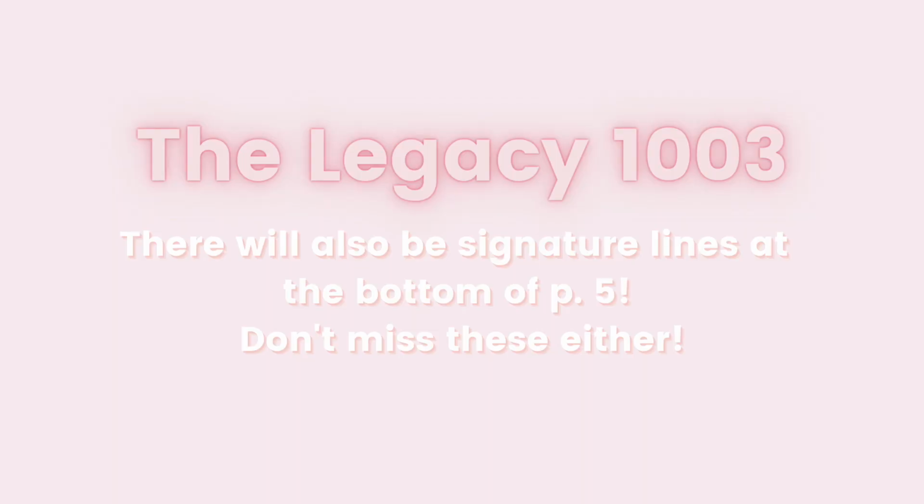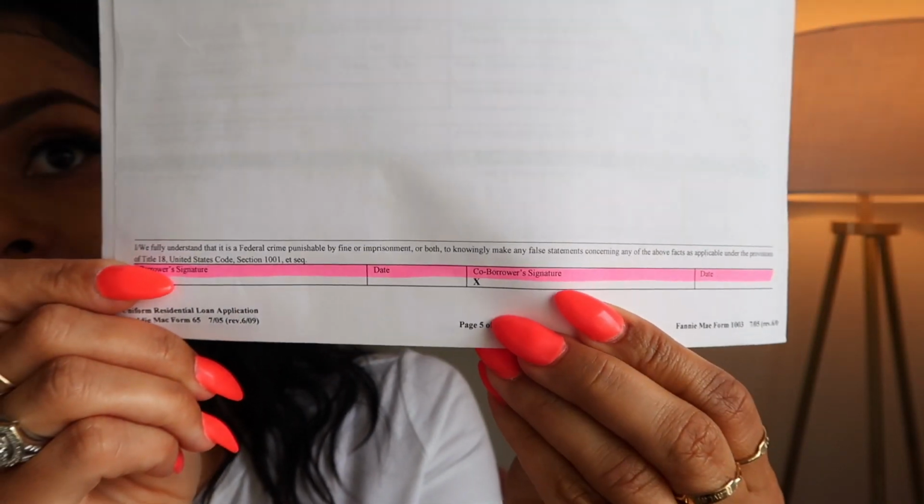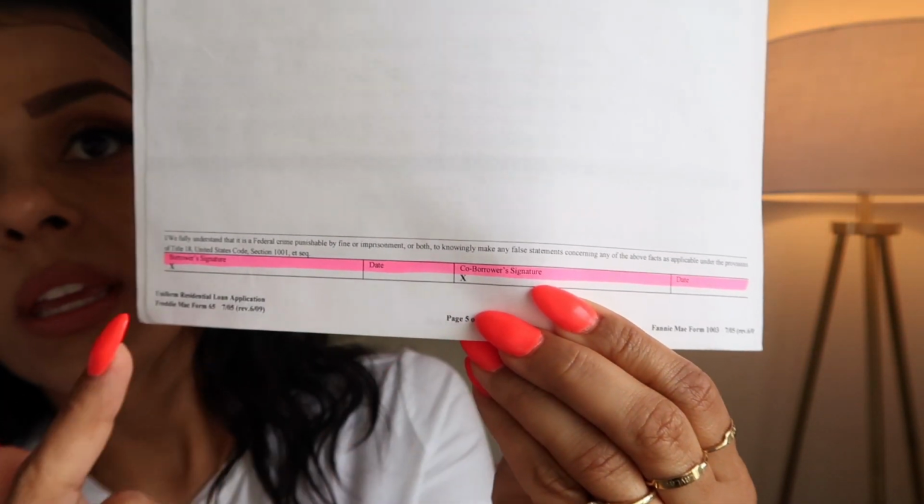Right behind that page, you'll have largely a blank page that requires signatures all the way at the bottom. So you need to, again, be scanning visually for those signature and date lines on these really key forms. Those are just 3 of the key documents that require close attention to detail. The other 2 I wanted to go over with you guys are the deed of trust and adjustable rate mortgages.